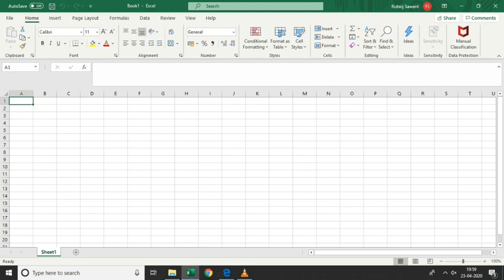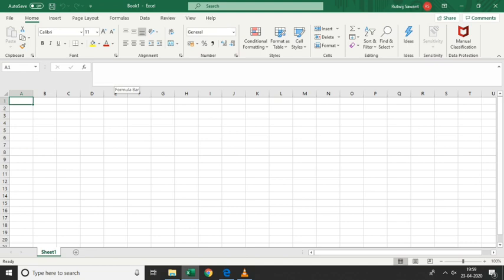Okay, so here are the groups. Now after this, as you can see over here, it's something different from what you have learned in the previous apps. This one, where you can see A1, is called the name box. And over here, this is called the formula bar. So what is this? I'll tell you later on when we are working on this. During that time I'll explain to you.